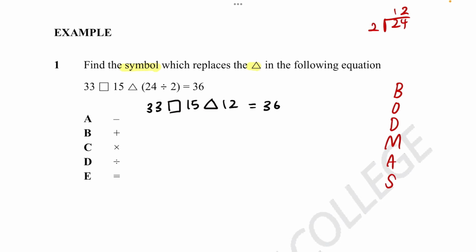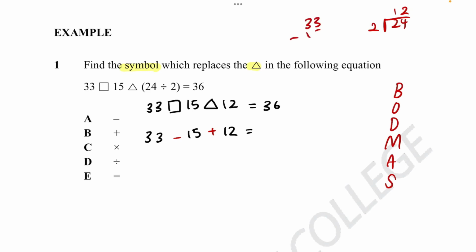So let's start off with maybe 33 minus 15. And if that's a minus, and we know 36 is the answer, it has to be a plus, because 33 minus 15 is less than 36. So we can try plus 12, which equals, okay, then we just quickly calculate it. We know addition and subtraction are interchangeable, so we can technically do this whatever way we want to. But in this case, we can just quickly go